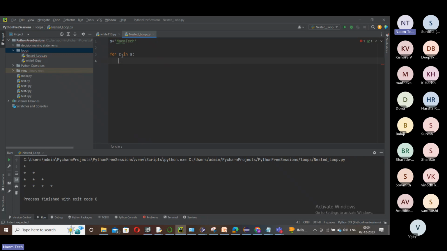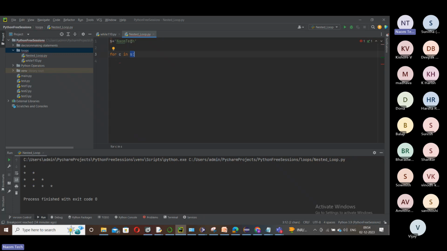So if you see here, it's so simple. We have two parts, 1 and 2. The first part is a simple dummy variable, a temporary variable, and this is the actual collection. This time we chose a simple collection, a string, because a string is a collection, a group of characters.